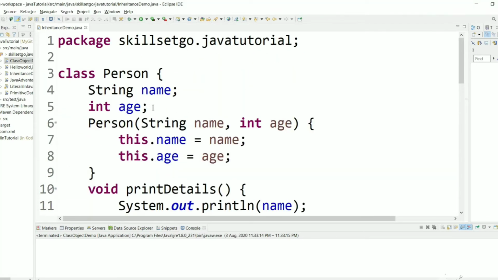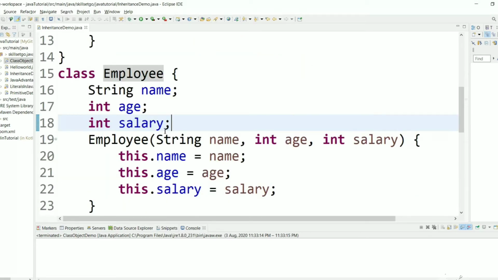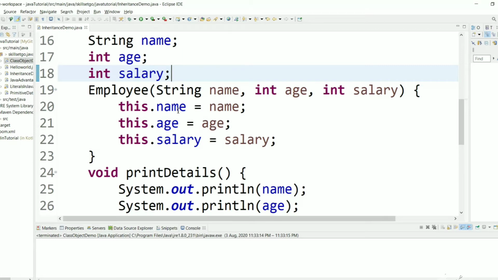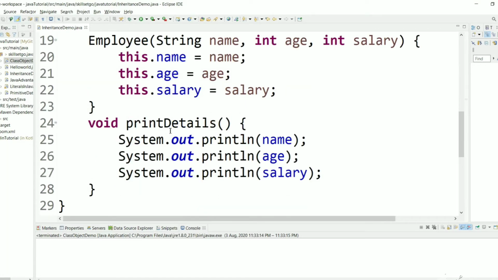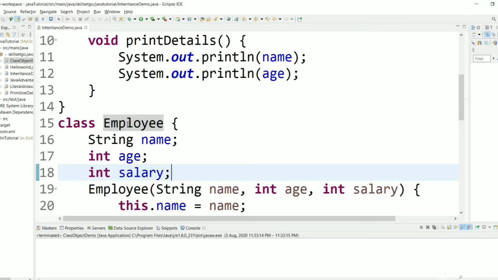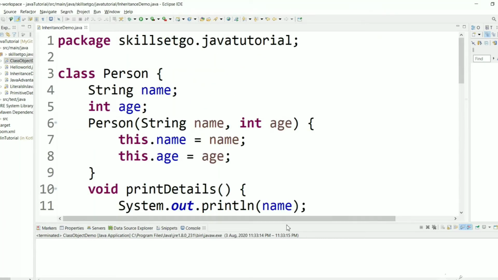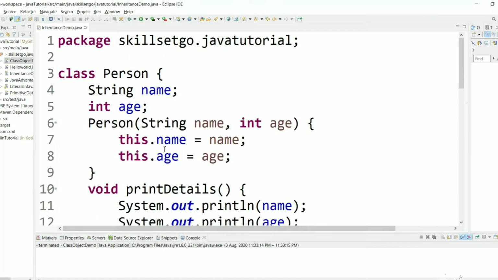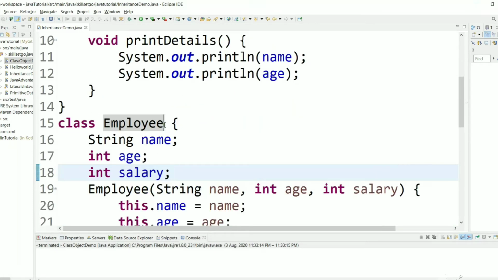It also has a constructor which initializes name, age, salary, and a function which prints name, age, salary. If we observe these two classes, they are very similar. The only difference is Employee has an extra field, which is salary.